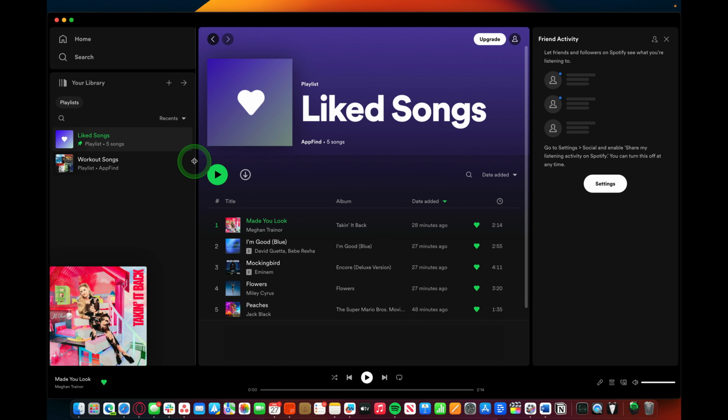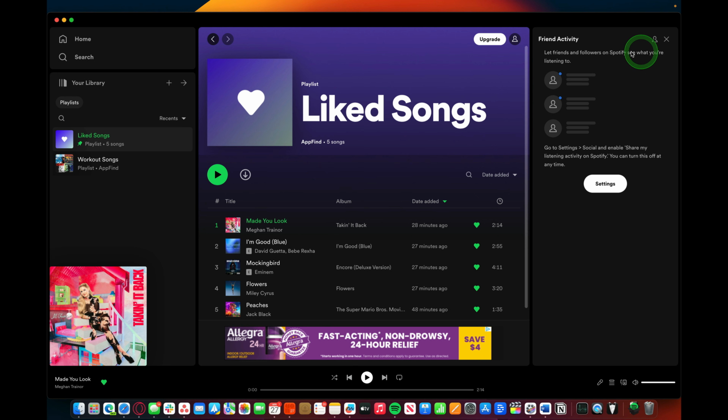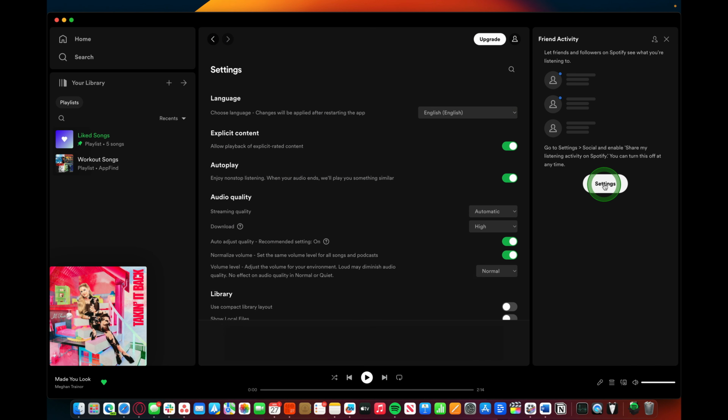And now we can take a look at all the other different tabs here. I mentioned earlier that Spotify is a friend social app. You can see friend activity on the desktop app in the top right here. So let friends and followers on Spotify see what you're listening to. All you have to do is just go to settings and enable that. And then